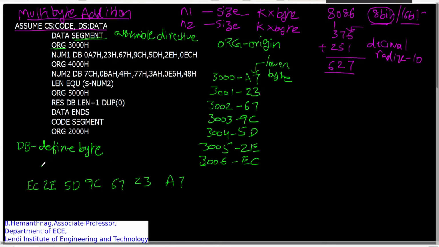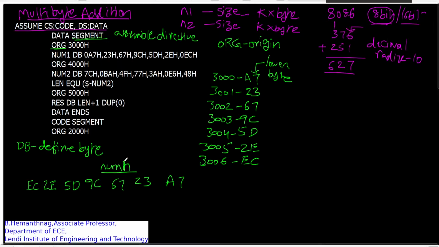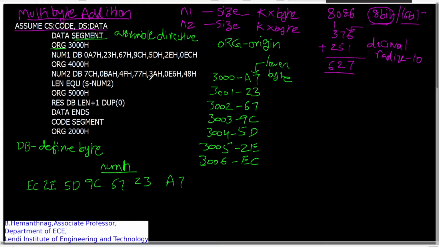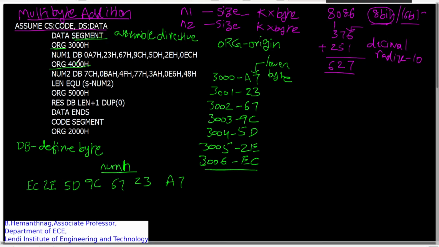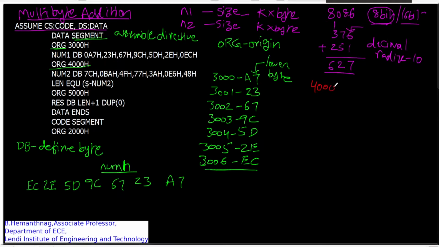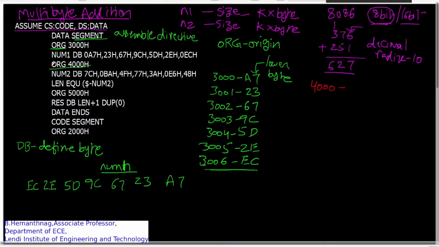Now this is my first number. I have declared it as NUM1. So this is my number 1. Sorry, NUM1. Now as you look at the next line, ORG 4000, this will set the offset that is currently at 3006 to 4000. So we'll be having the new offset address available as 4000 once we go with ORG 4000, which stands for